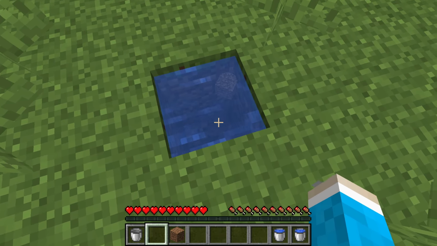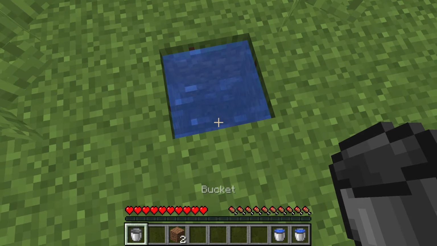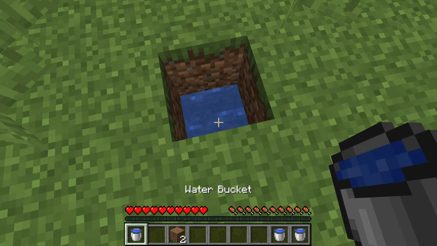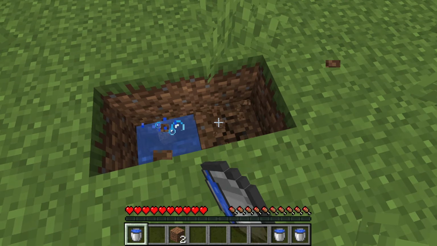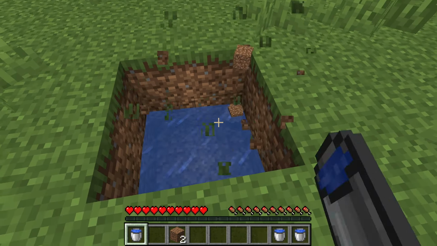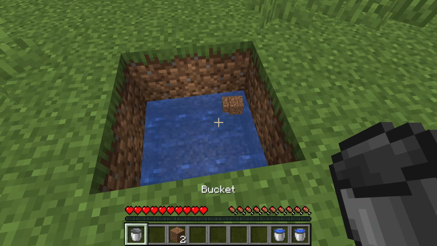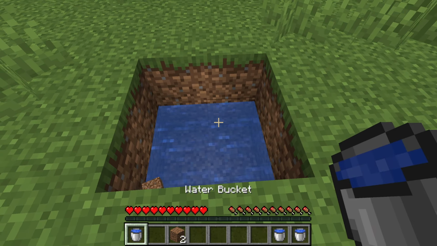And then what you can do is break the seaweed, grab your bucket of water and go and grab the water from the bottom block like so. As you can see, we've now left the source block, and then what you can do is dig around it and place the other bucket of water on the opposite side, and just like that, you've now made an infinite